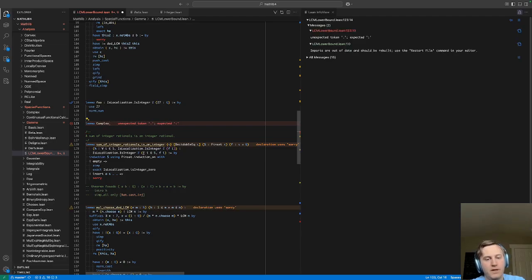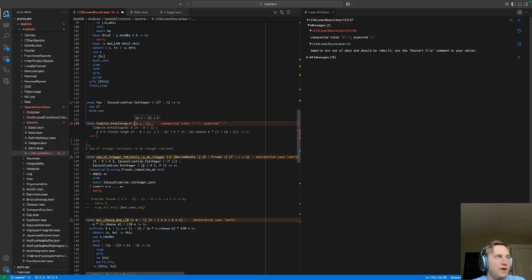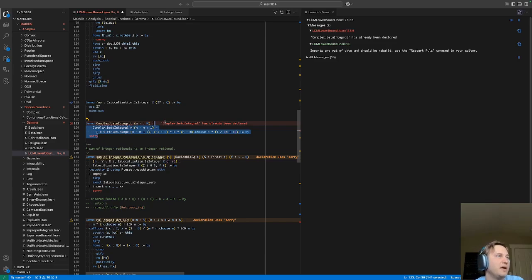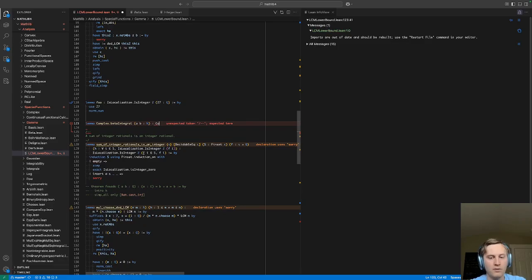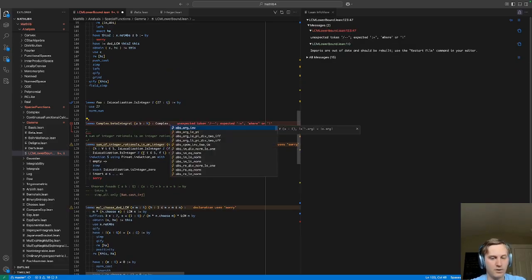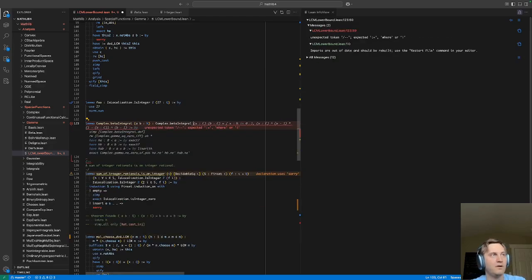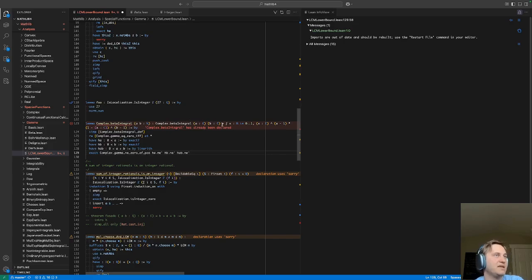Complex dot beta integral, that's not what I wanted to do. If I have two m and m's, yeah. So the point is that I complex beta integral m and n, okay, let's actually do a and b. So if I simply do complex dot beta integral of a cast to c, b cast to c, that is in fact equal to,